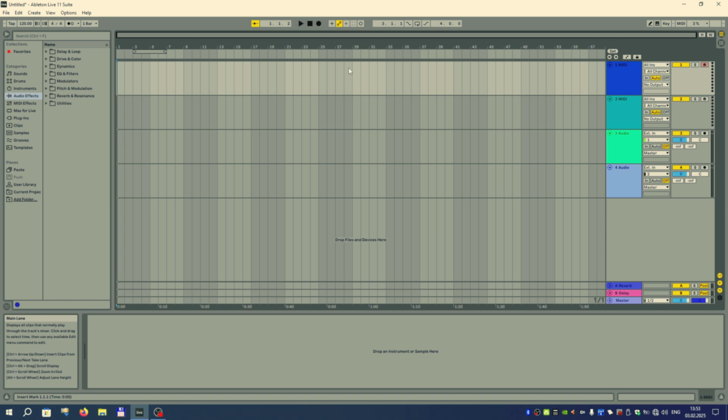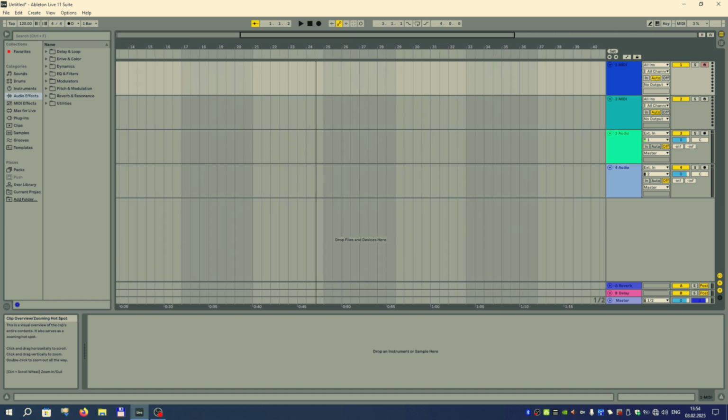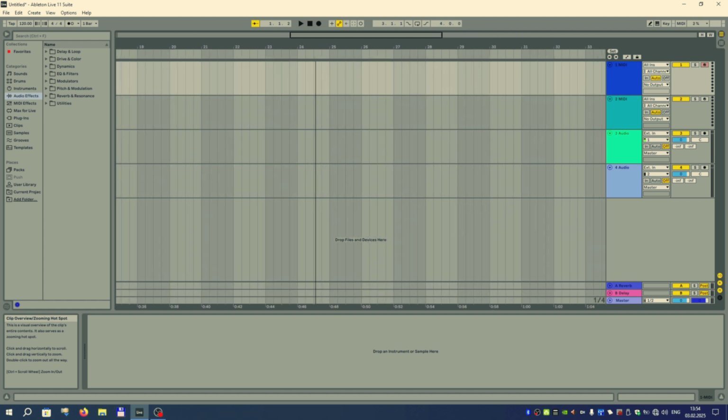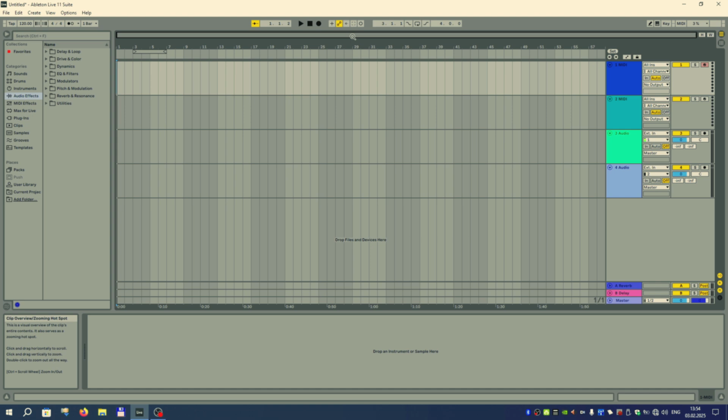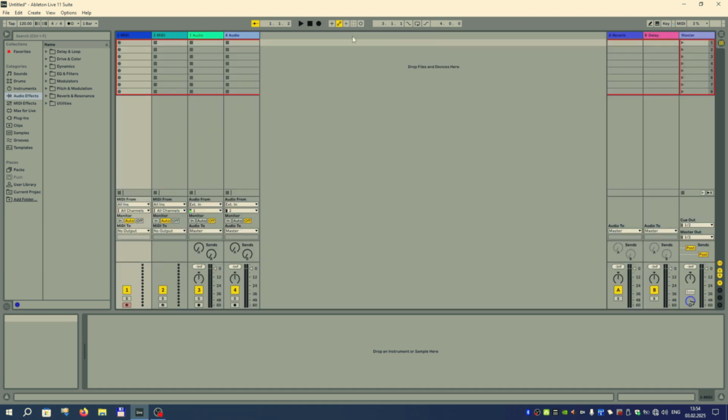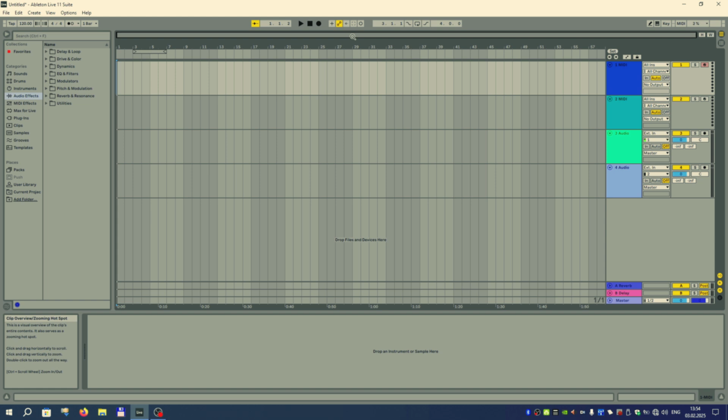Above the main lane, there's a small clip overview zoom hotspot area which would help you zoom the project in place or navigate through it. To do it, you just need to hold the left mouse button and move the mouse up or down for zooming and left-right for scrolling. When you switch between these two views, you may notice that only the central area of the interface really changes, while the rest of the screen stays the same. So let's talk about the other parts of Ableton Live's user interface.